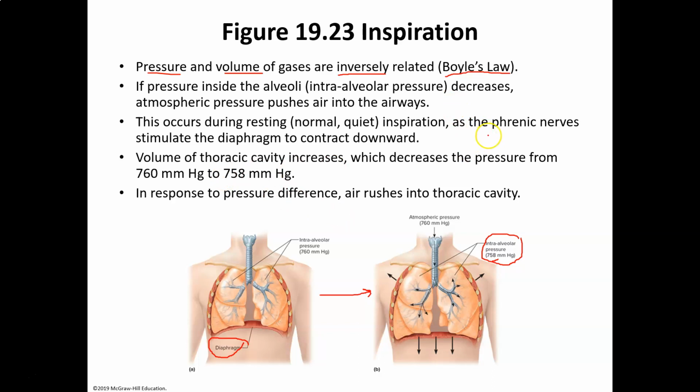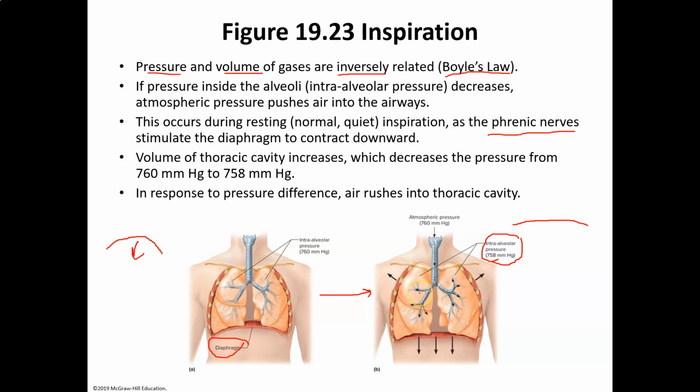Now, remember, phrenic nerves innervate the diaphragm. The phrenic nerve tells the diaphragm to contract. When the diaphragm is at rest, it's shaped more like this, more like an umbrella. That's at rest. When it contracts, it's more flattened, has a flatter profile. So it contracts, and when it contracts, it pulls down that way. And so you see that here. You see that demonstrated in these two pictures. As it pulls down,